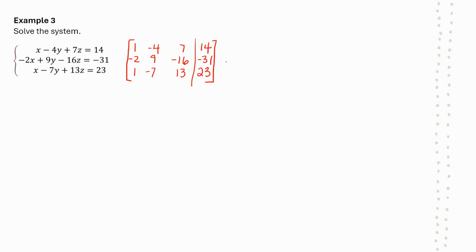just by multiplying the first row by something and then adding that to the row we want to change. So for the second row, what we will do is we will multiply the first row by 2, so 2R1. We'll add that to the second row, and then we'll replace the second row with what we get. And then for the third row, we will multiply the first row by negative 1, so negative R1. We'll add that to the third row, and that's what we'll put for our third row. So we'll do that down here. So 2 times